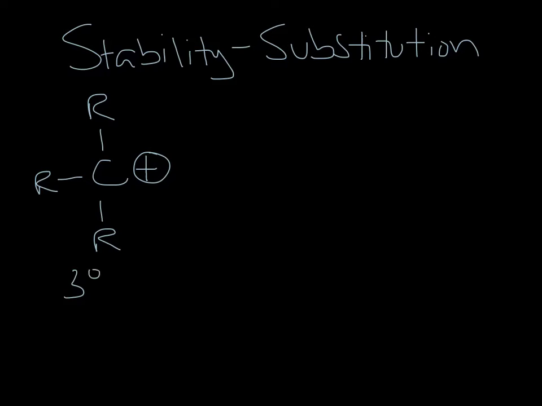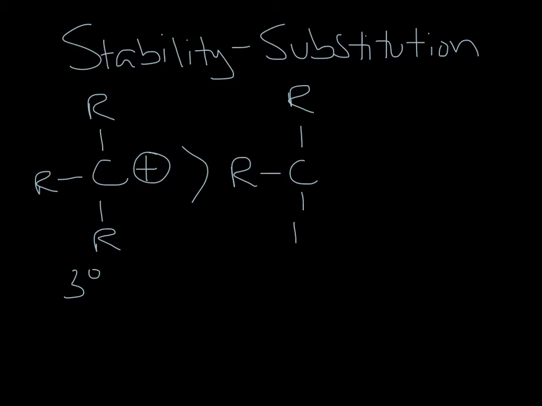In terms of stability, there are a couple factors that influence. One is substitution. So that's how many neighboring carbon groups a carbocation has. So the most substituted would be with 3 carbon groups, right? To have a carbocation, I have to be deficient 1 group. So this is a tertiary carbocation, and that is more stable